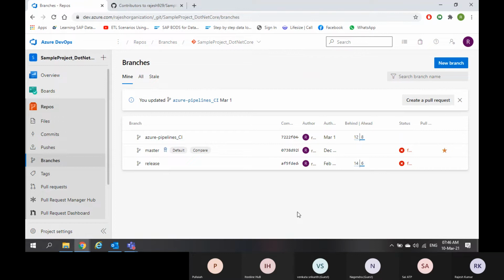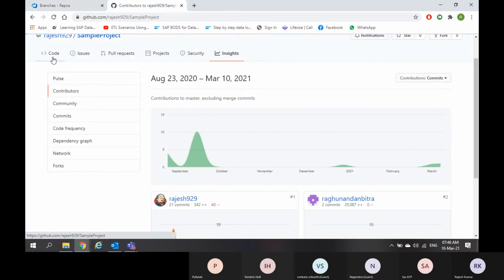So the master branch is the major repository, and after the master branch, people can create their own branches. It may be my branch or first branch, second branch, own branch, branch 1, branch 2. So you will have multiple branches, but all the branches will have the same source code or maybe different source code.